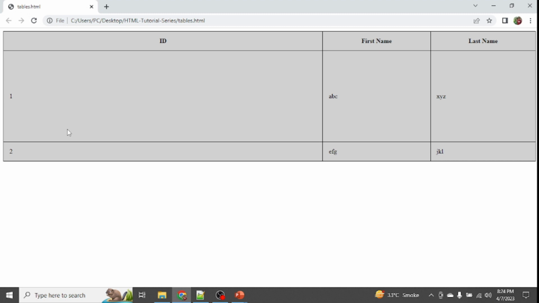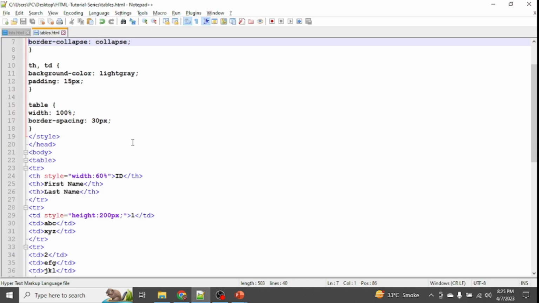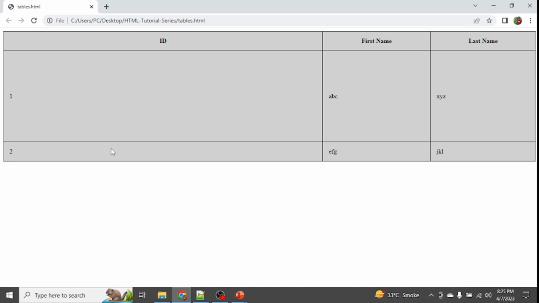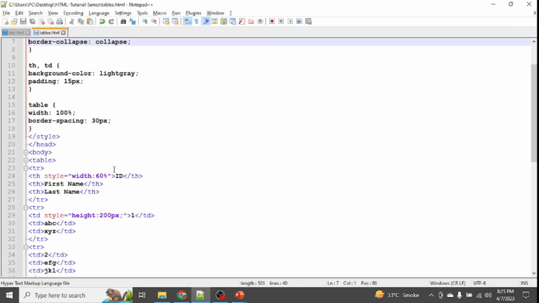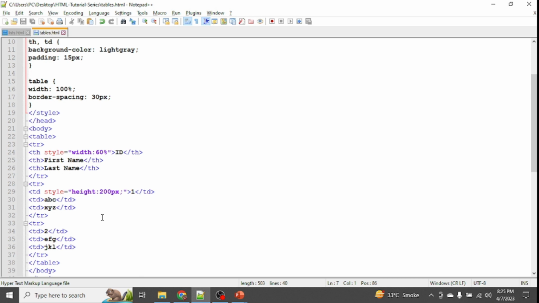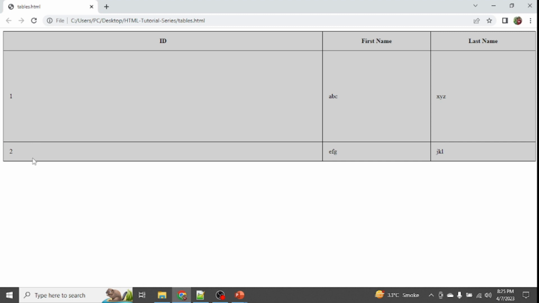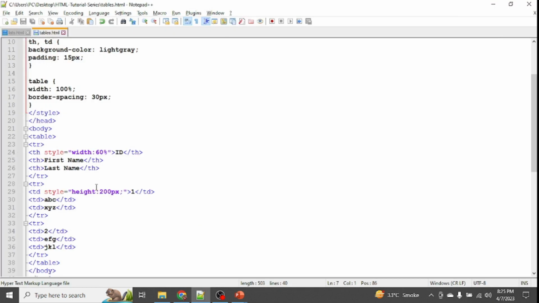Now there are some cases where we need to merge these two column data, like 1 and 2. Instead of this we should have only 1 in this. So for that we have the col span property. Sorry, we have the row span property, as these two rows we have to combine. So wherever we have that data, like we have now 1 and 2, for this td